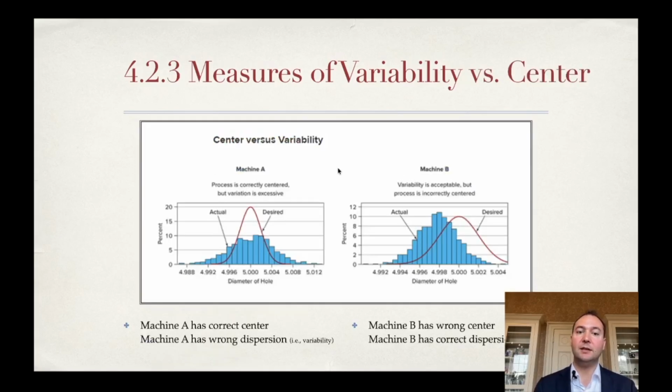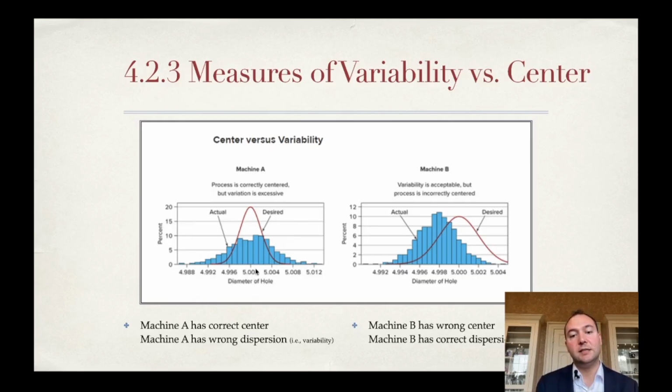Next, let's look at the difference between the center and the variability. The measure of center generally represents where most of your data would be, and your variability measures how close your actual data values are to that center. In our first example, we have a machine that is drilling a diameter of a hole that should be at 5.000 centimeters. In our first example, the consistency of our machine drilling a hole 5 centimeters is not very consistent